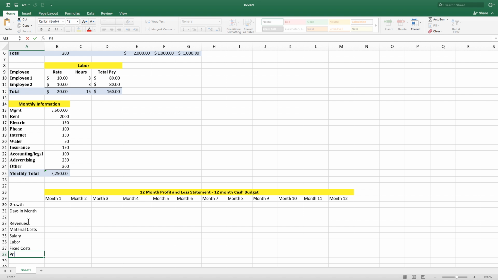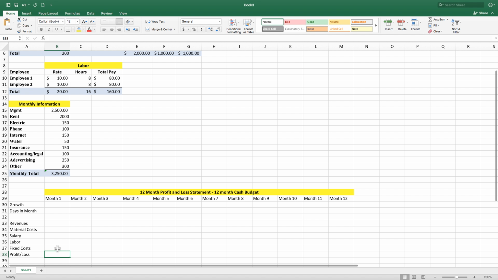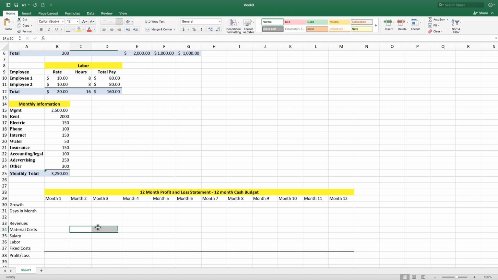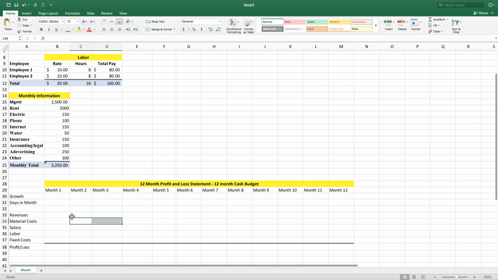And then finally, we get to the coveted profit/loss. And for that right there, I'm going to go ahead and put my accounting line here. All right. So once we get our format all nice and set up here, first thing we need